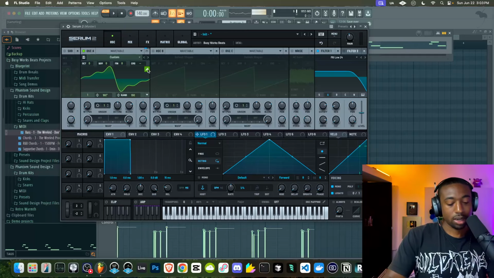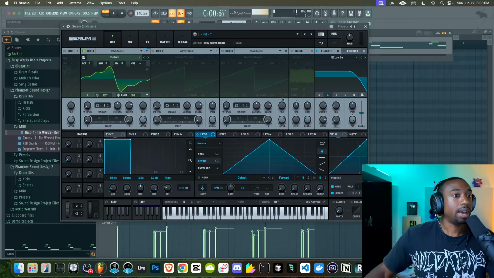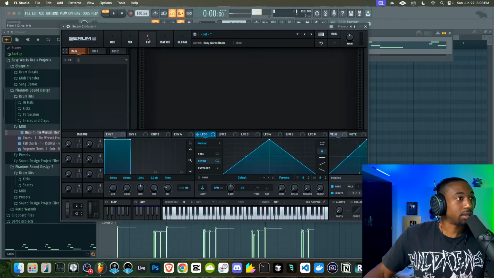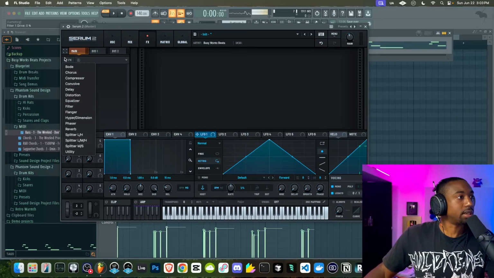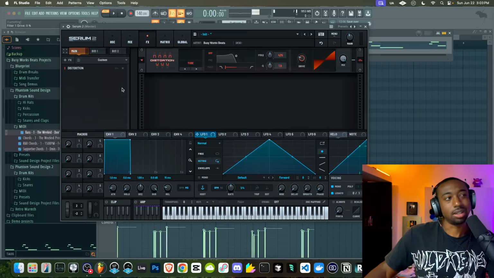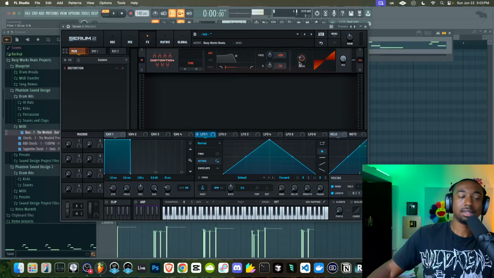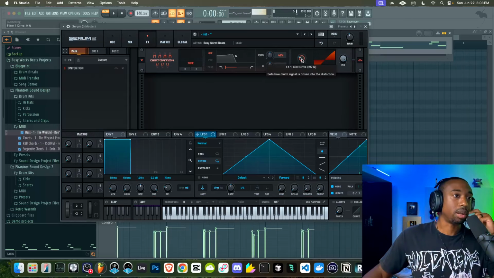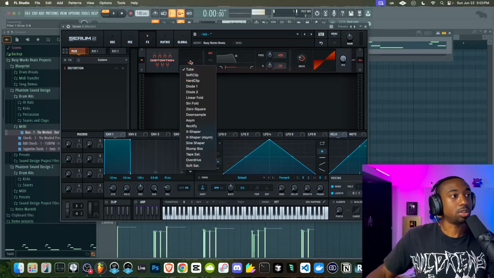Okay, so that's one way to go about it. Now, another way to add harmonics, let's pull back the dry level here. Let's go to the effects and let's go to where it says distortion. This one is kind of hit or miss. It's really hard to control. I'd rather do this with a third-party plugin, but we're going to keep this on what's called tube saturation.